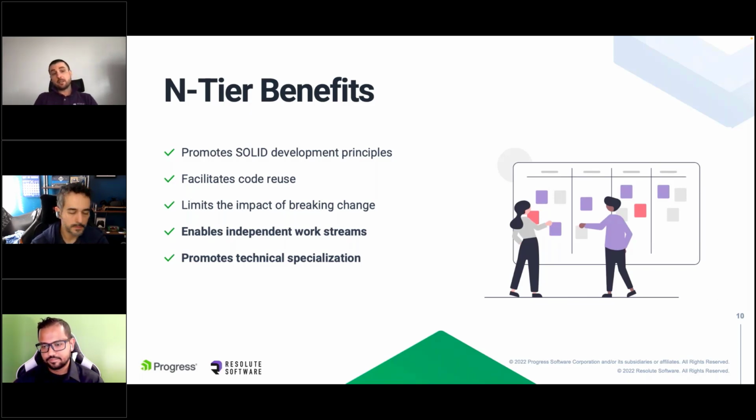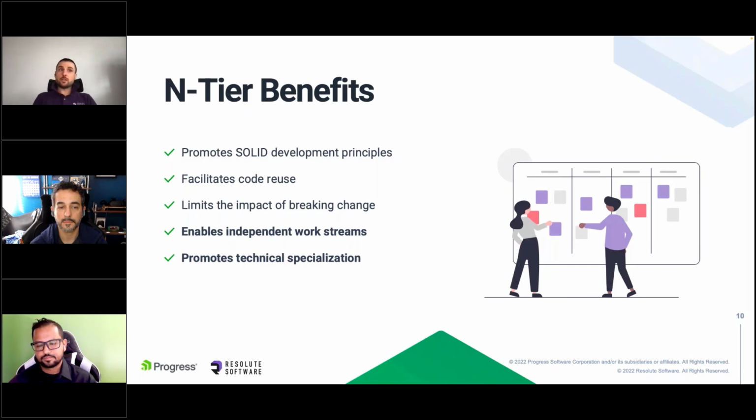And these are that N-tier enables independent work streams, which means that multiple teams, multiple sets of engineers can collaborate independently and in parallel over different layers of the system if the protocol for the communication between those layers is already well defined. This happens very typically between the client and the server through a well-promoted API facade or API layer, or even between the database developers and the application developers if your data access tier is well-defined and complies to a protocol that both parties understand.